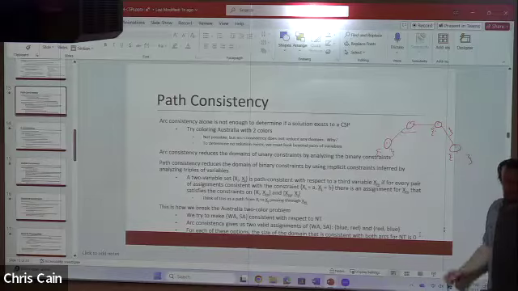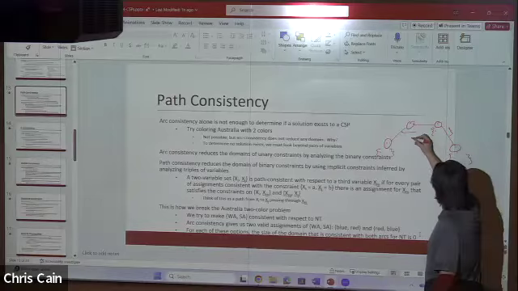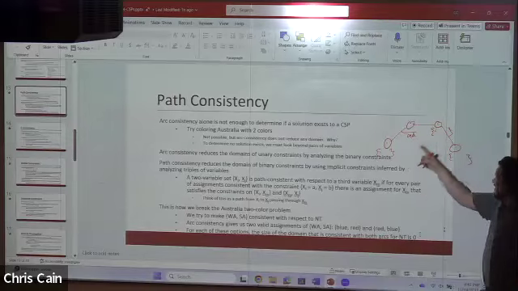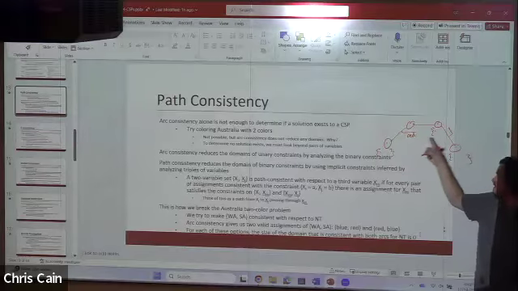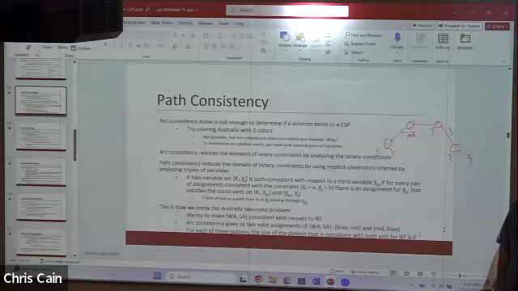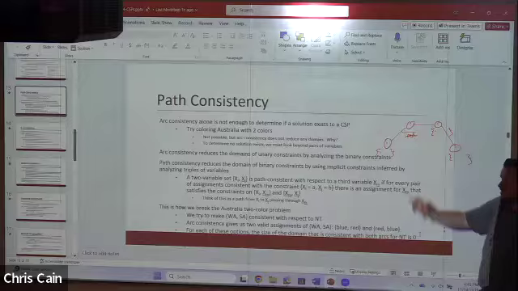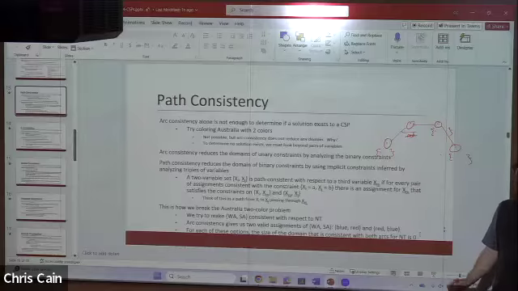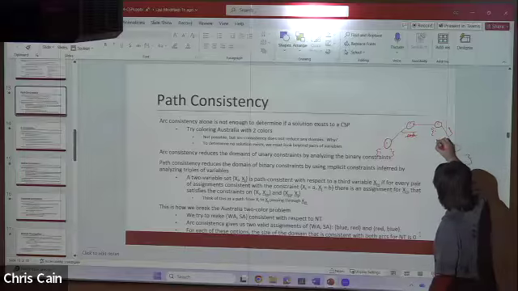So if we color this red, is there some variable here, some variable here, and some variable here that could lead to a solution? If the answer is no, then we should not consider red at all here and remove it from the domain,